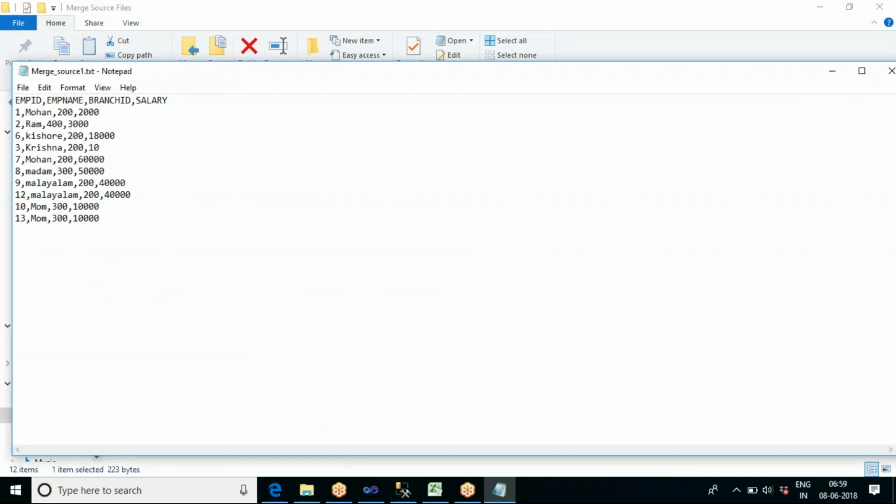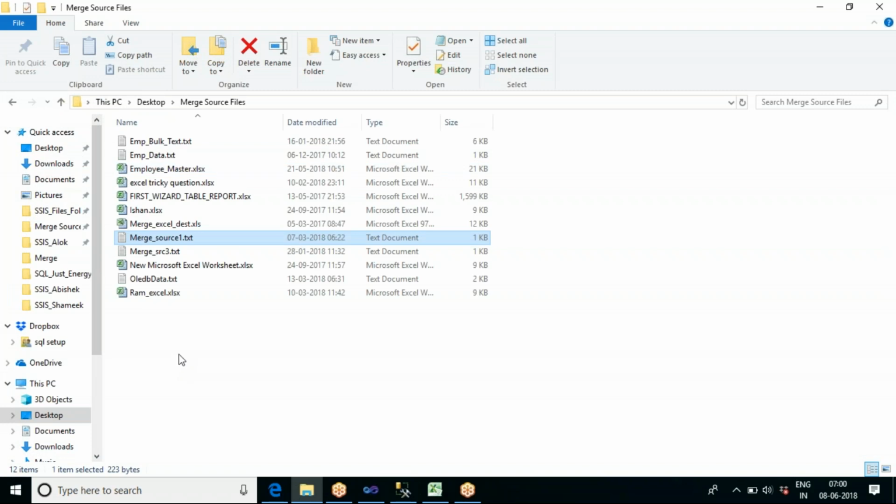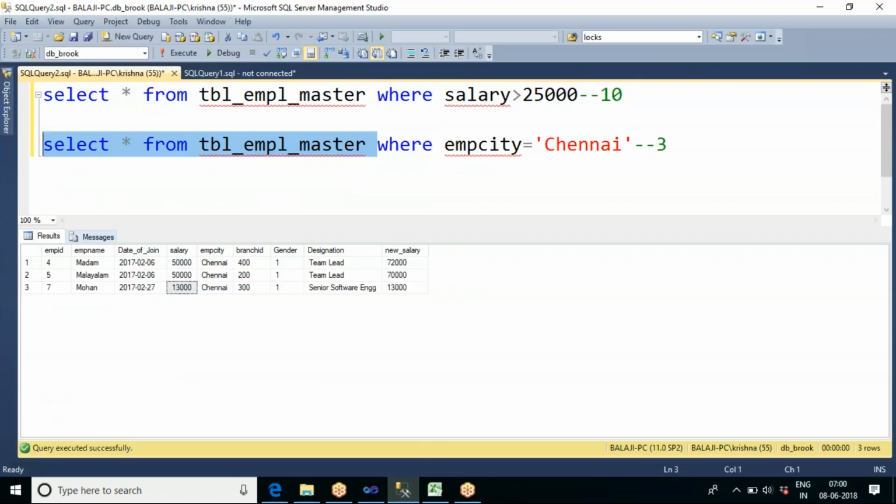Here you can see we have just 4 columns. Let me take this, because we need a huge number of columns where we can apply the calculations, so let me go for this.